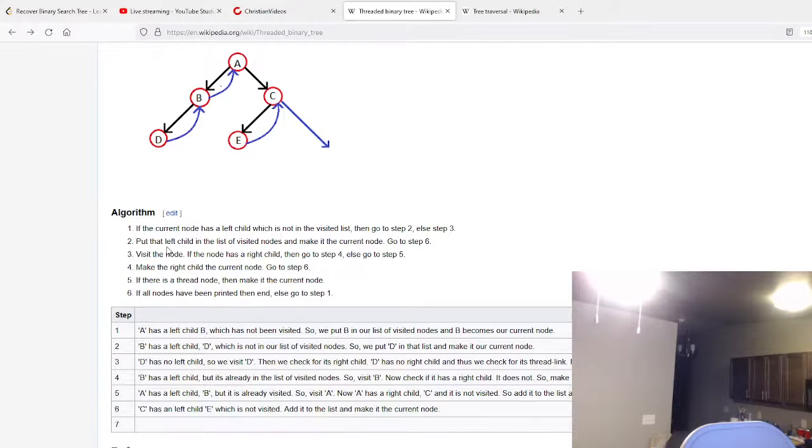So if we reach a leaf and there is no left subtree, then we will update to the right side, which we assume would be a parent, and then we update our parent again to the right side. So we could just make two right jumps,